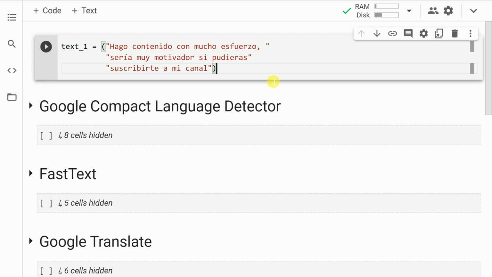We often come across situations in a lot of NLP tasks wherein we have to detect the language of the text. How do we detect language accurately is a task in itself. It is here that I came across three amazing libraries that will help us detect the language in text. So without wasting any further time, let's kickstart the video.